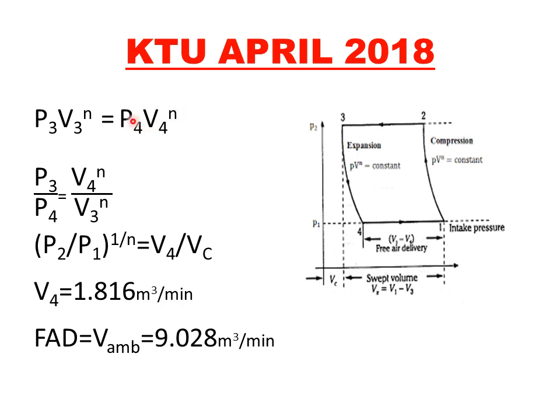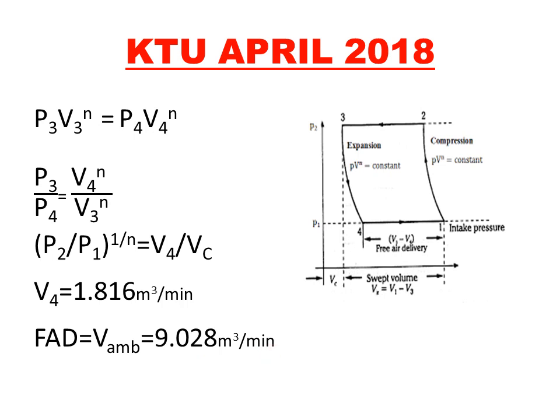So when I bring this P4 to here and V3 to here, I will get an equation like this. You just observe on the PV diagram, P3 is nothing but P2 and P4 is nothing but P1. So I will replace P3 with P2 and P4 with P1. So I will get an equation like this. I know the value of Vc, I know the value of P2 and P1, I know the value of N. So from this I will get the value of V4. Once I substitute the V4 in the Vamp equation, I will get the free air delivered, which is 9.028 meter